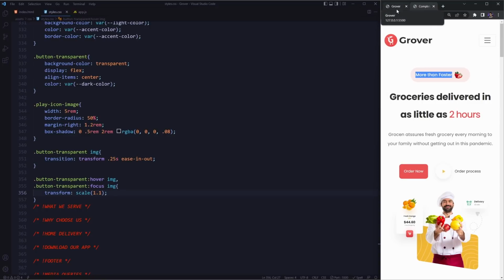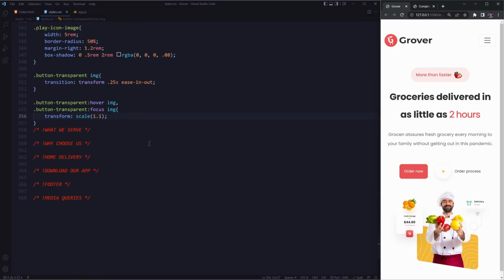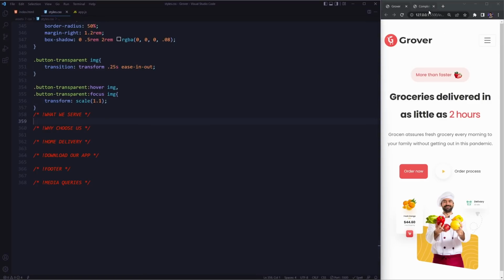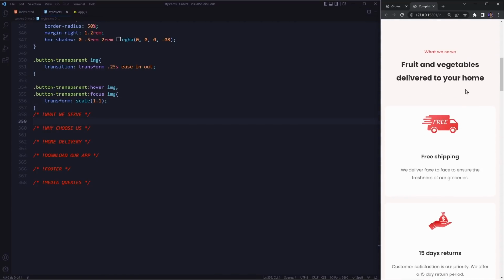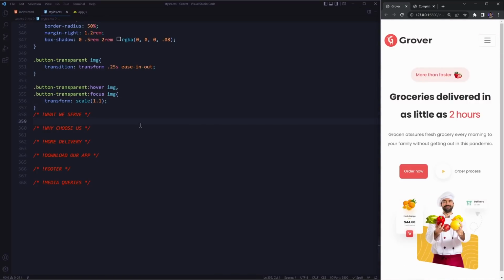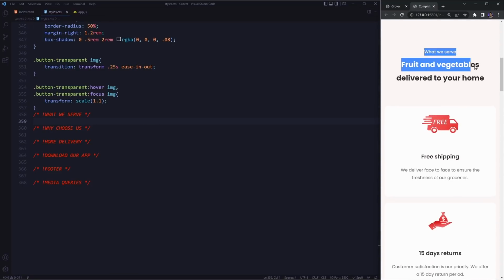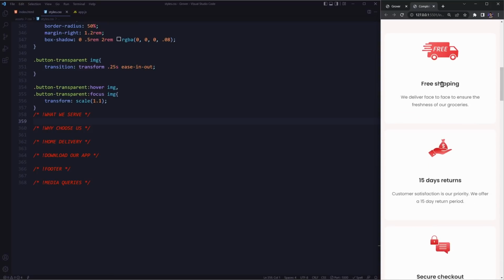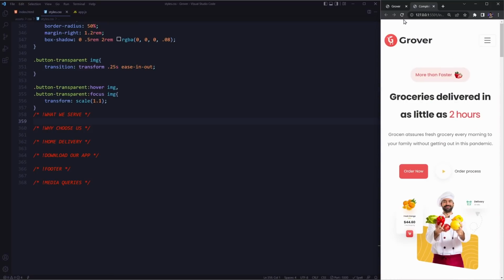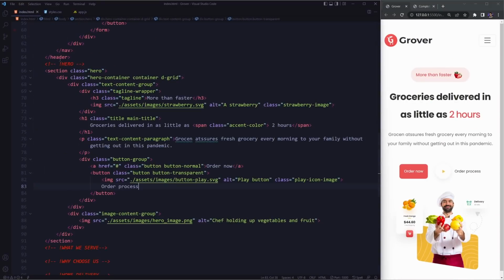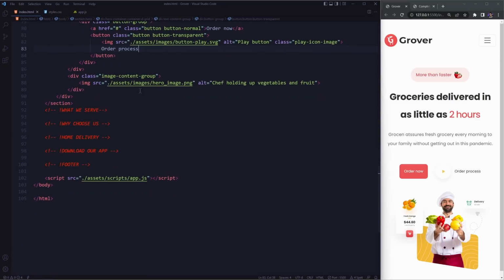So the next thing that we are going to do is target the what we serve section, which is going to be this one right here. So yeah, let's take care of that right now. So the what we serve section is only going to be mostly composed of this title right here, as well as some cards. And to take care of that, we'll jump back inside of the index.html,